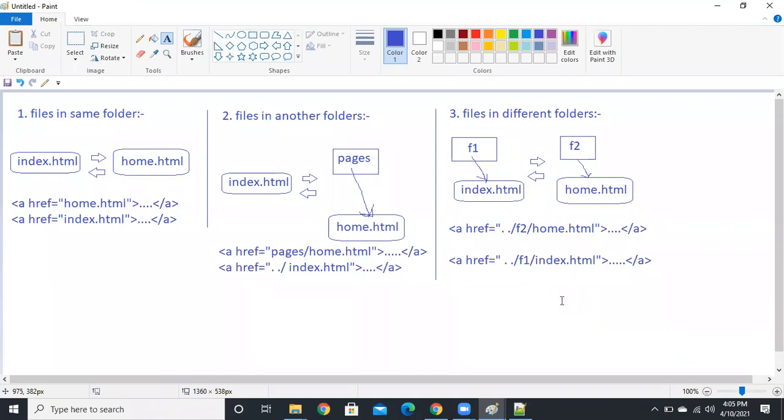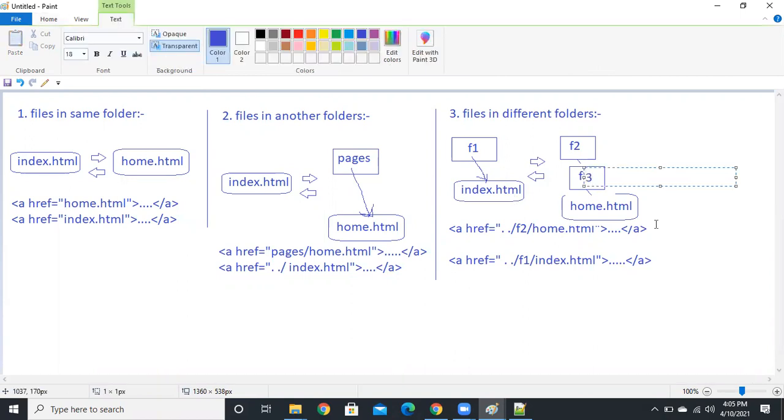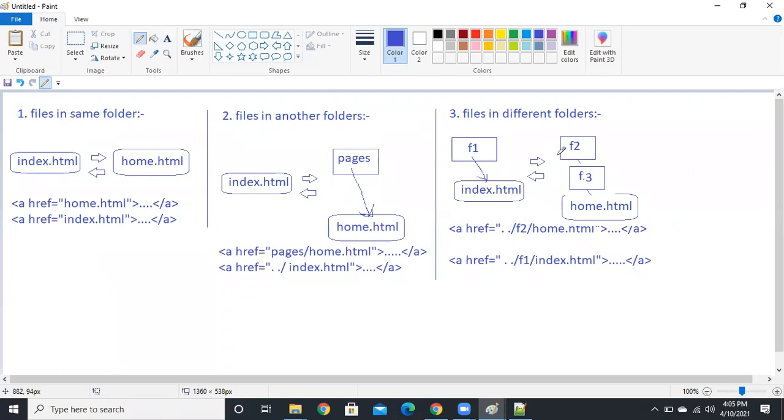Just F1, sir, not F2, not F3. Inside F2 we have F3.